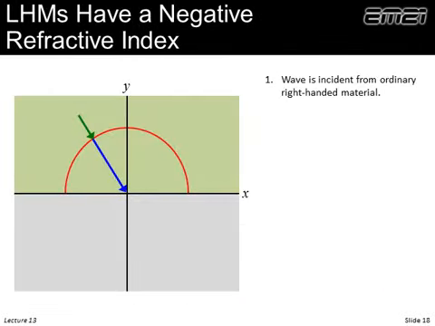So let's think about what happens in a left-handed metamaterial. Ultimately, we want to show this has a negative refractive index. So what I'm drawing here, we have the interface between two different materials. So the top material might be air, and the material down here will be our left-handed material. It has both a negative mu and negative epsilon. So on the top, I am drawing the index ellipsoid for air, which is a sphere. And we're only drawing this in 2 dimensions, so we're looking at a cross-section of a sphere, so it's a circle. And this essentially is the dispersion surface. It's a map of the magnitude of our wave vector as a function of direction.